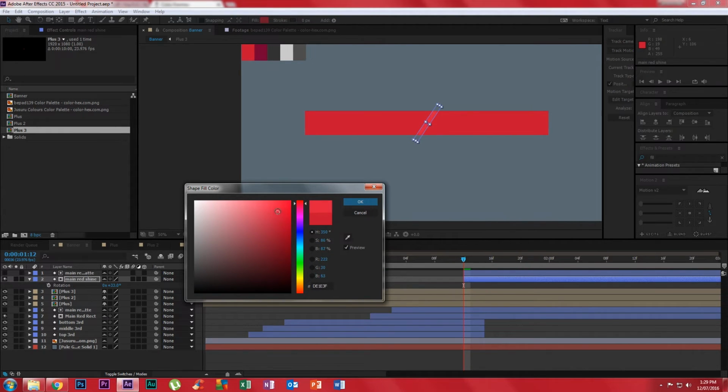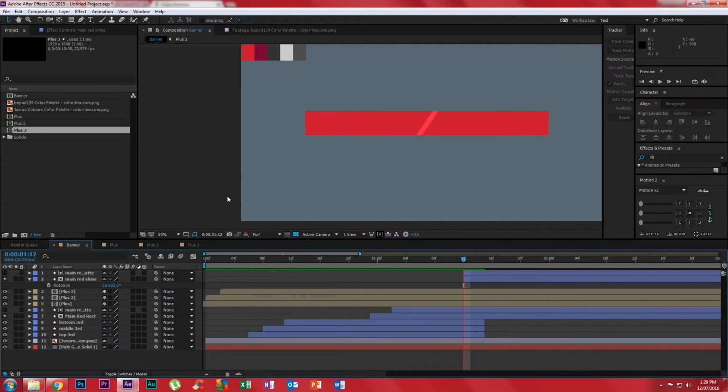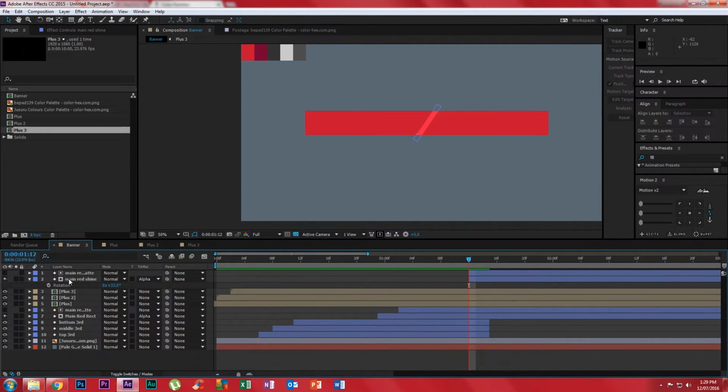So if I bring this up, boom, that's what we got in there. So it kind of looks like a shine, which is what we want. And now all we have to do, since we have this matte here and it's already on alpha, is go back to our position, and if we move this across, you can see it just moves across that layer there, nothing else. And if we go to the end,